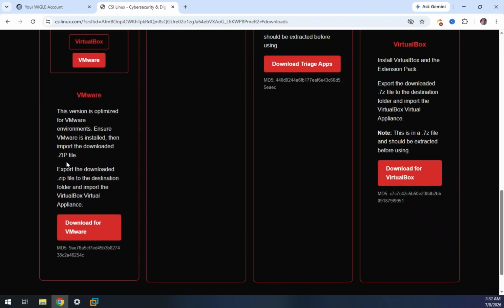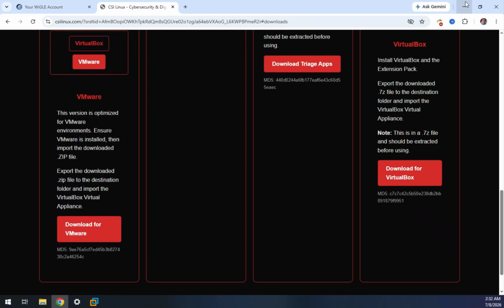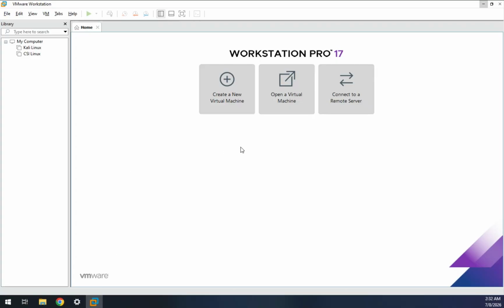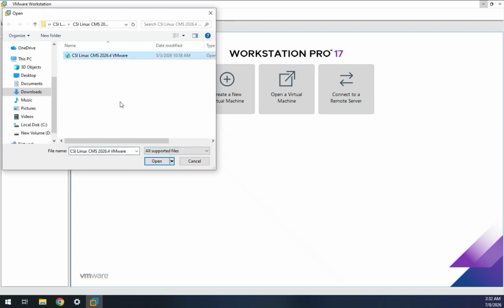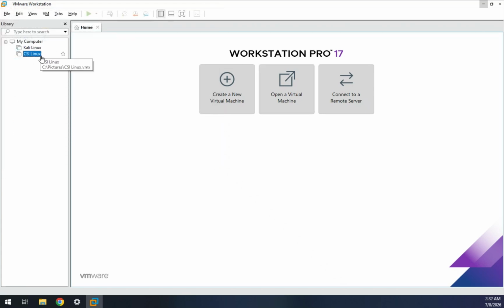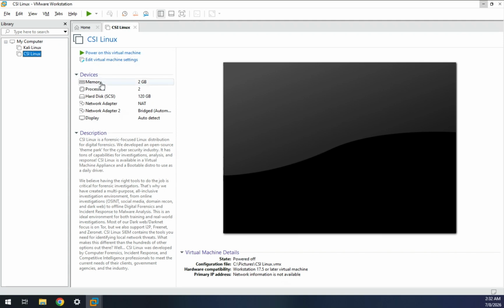After the download, extract this file to your computer, go to VMware Workstation, and open a virtual machine. Here is the extracted file, simply open it. I have opened CSI Linux. Before powering on this virtual machine, there are some basic settings like memory, processor, hard disk, network adapter, and display settings. These are optional for your system, and I'm going to power on this virtual machine